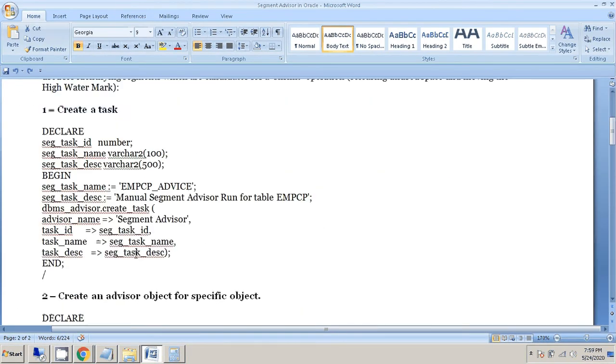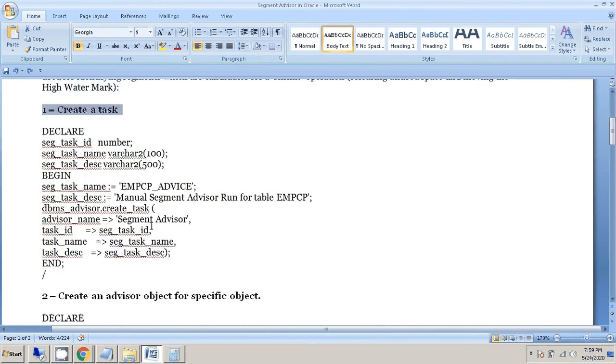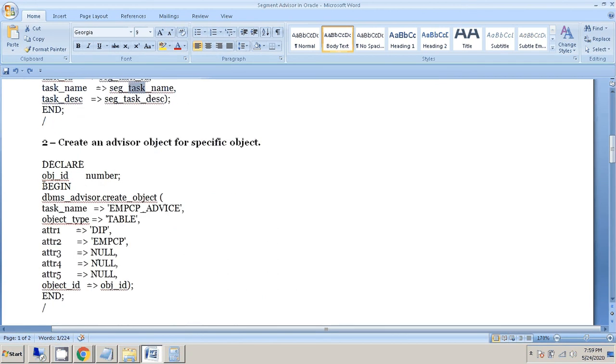What we did was create the plan task. Segment advisor is the name of the advisor, then the task ID and the task name that we described here. We declared the values: EMPCP advisor is the task name, the object type is table, and the first attribute is the schema name, then the table name, and the other attribute we keep null.